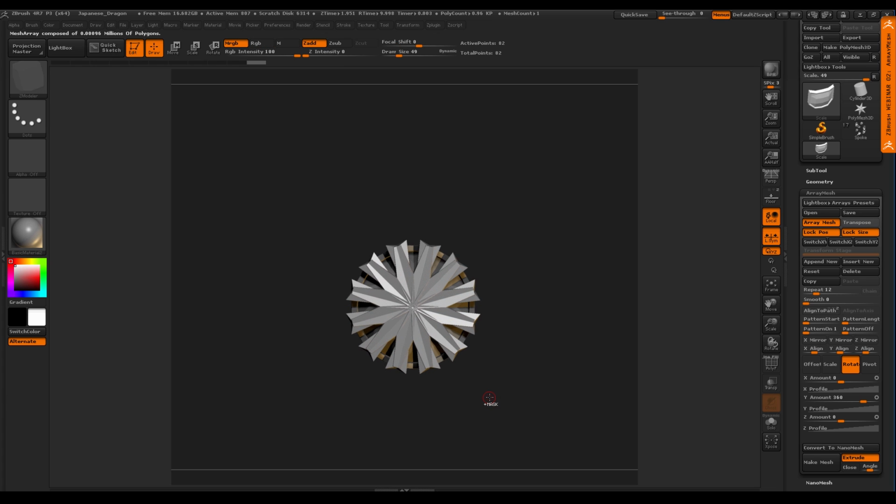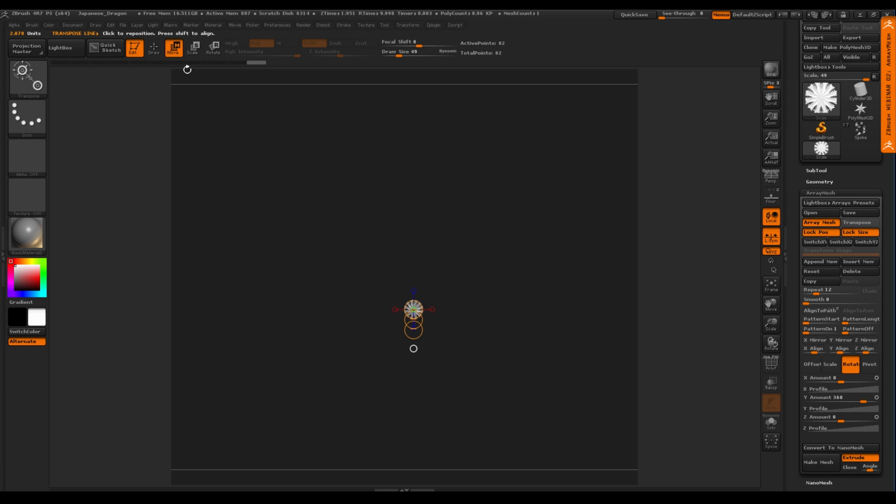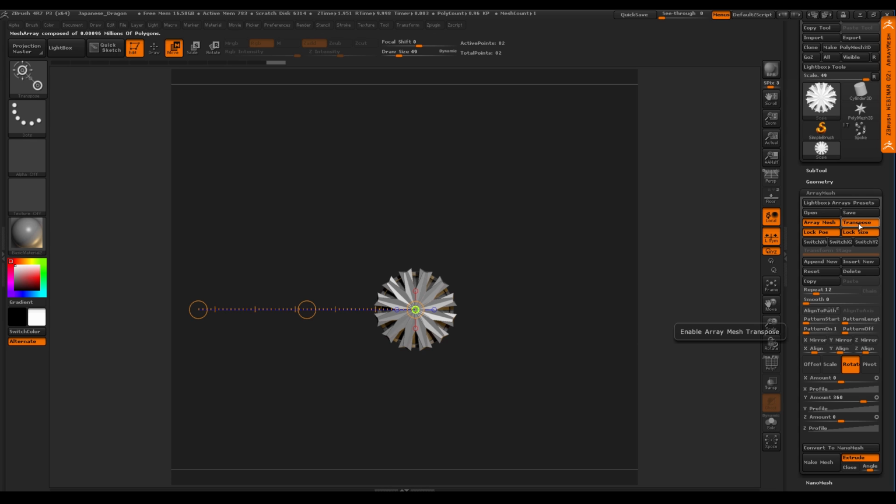Now, something else that you guys can do, what I'm about to show you, is right now, as I've been using the transpose line like we did in the previous one, where I'm just switching to move now, right? And looking from above, I can now do something like this or do something like that. And I can see my shape that's happening here. Okay? But what I want you guys to be aware of, and which we will start using here, is you can turn on this transpose option.